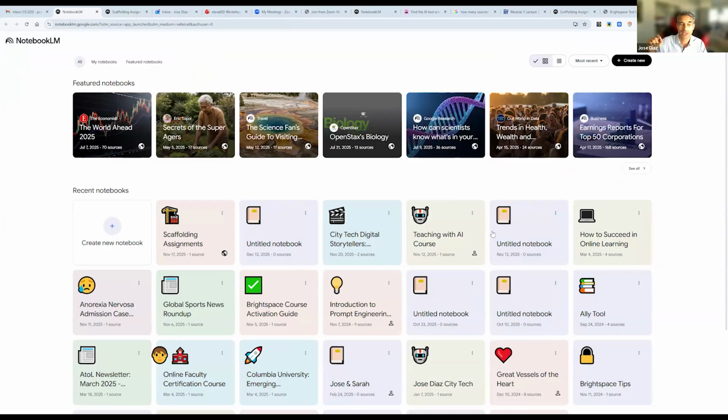Another feature which I would love for Google to eventually incorporate would be this: now that you have a notebook on a specific narrow topic, and here I have another specific narrow topic, I would love to have this notebook interact with another notebook and make a bridge or a connection. That would be another fantastic idea.